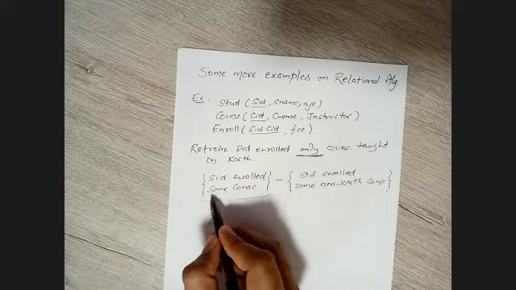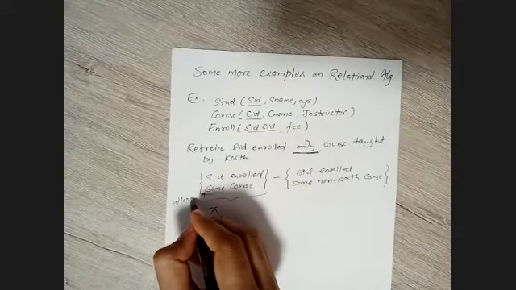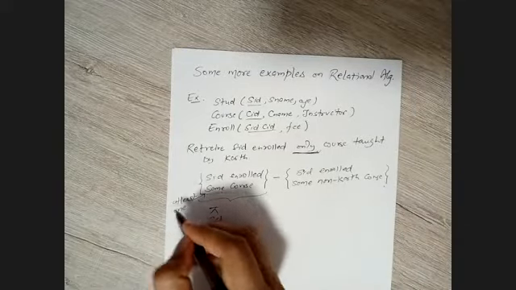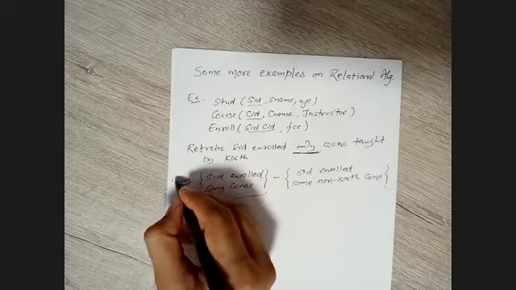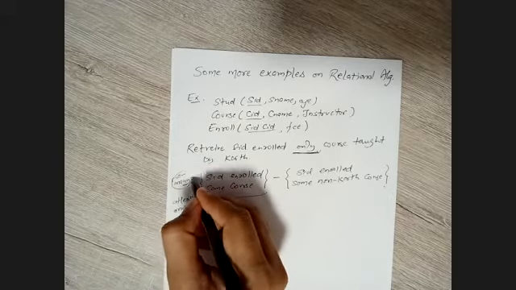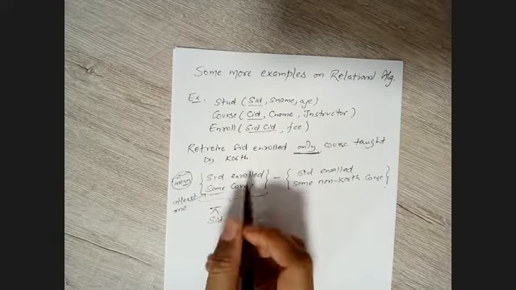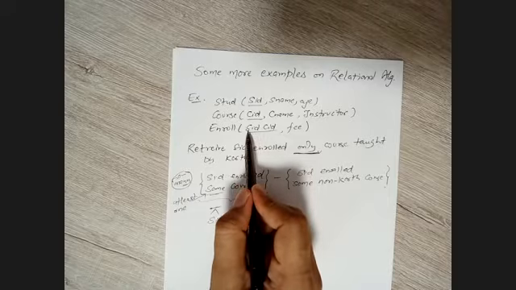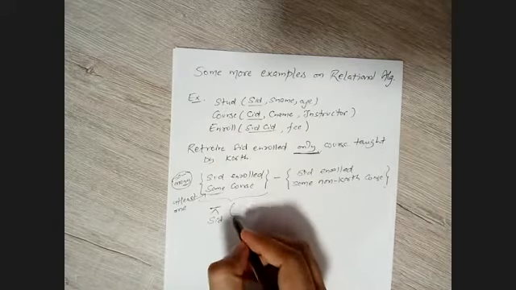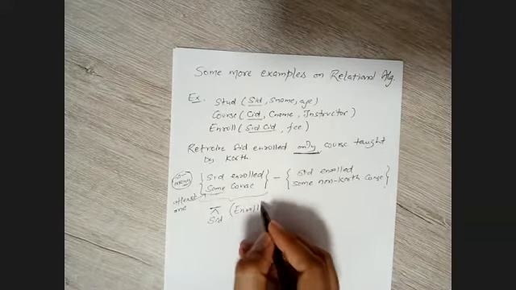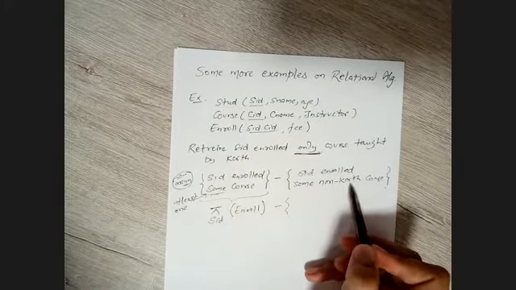Some means, as we have already covered, at least one, or it can be more than one. Then we have some and many, the difference between some and many. Many is for zero or more. In many, we can have the presence of zero, but in some there should be at least one. So that's why we will take SID from here, because in this one every SID is enrolled in some CID. So we will project SIDs from the enroll table. That's fine.